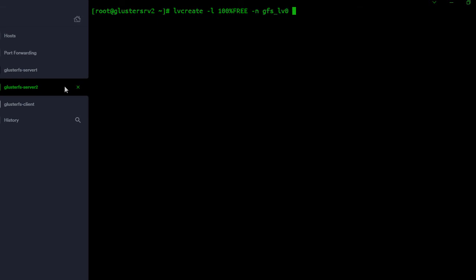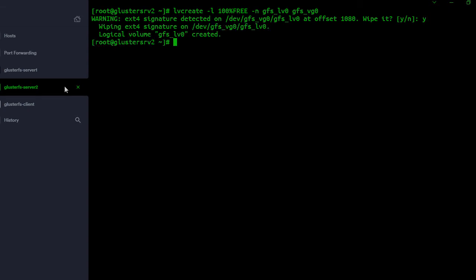After this name comes the volume group, GFS_VG0, and hit enter. It's showing me this warning because I had used this hard disk and created one primary partition in the past. Actually it's really safe, no need to worry. I'll just hit Y and press enter.